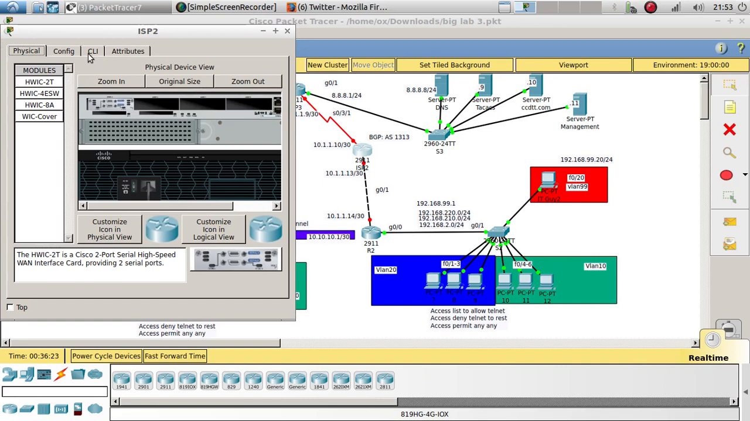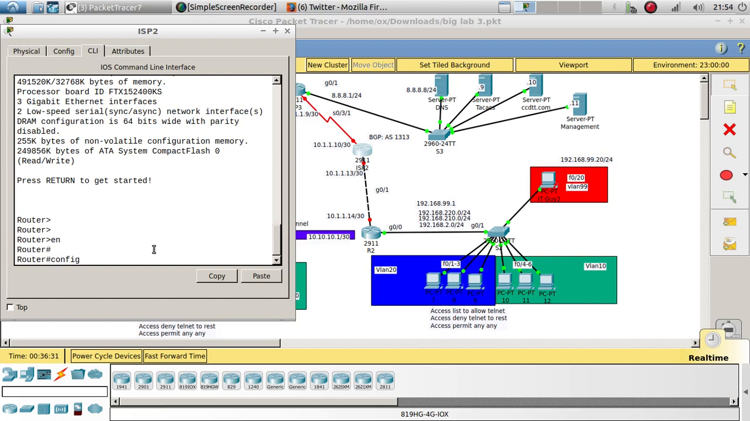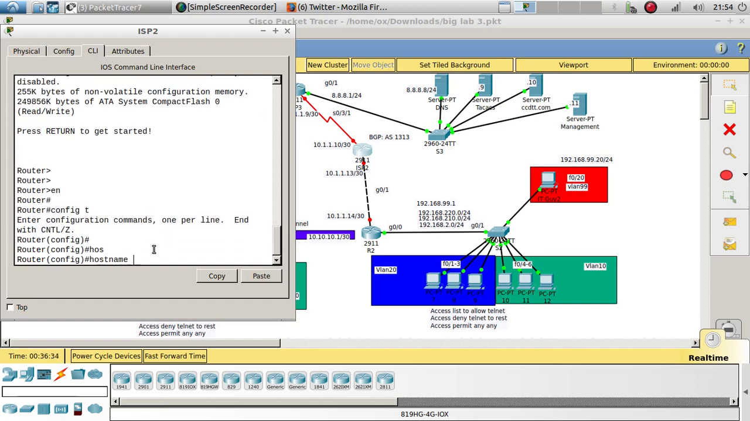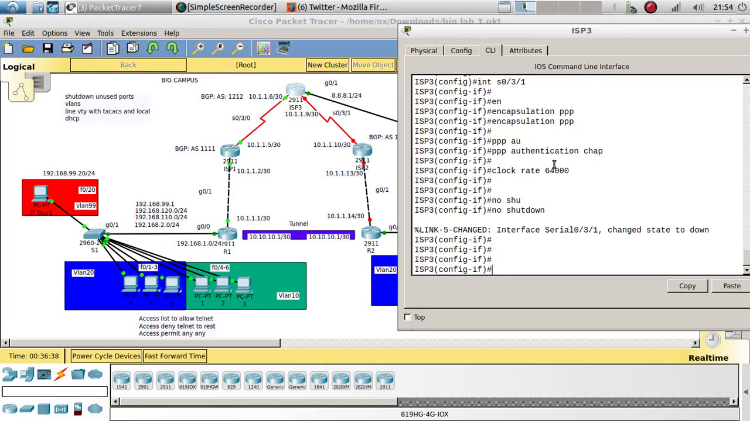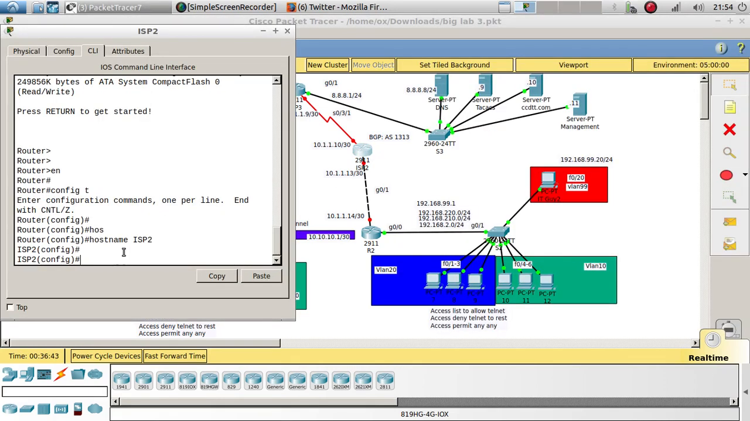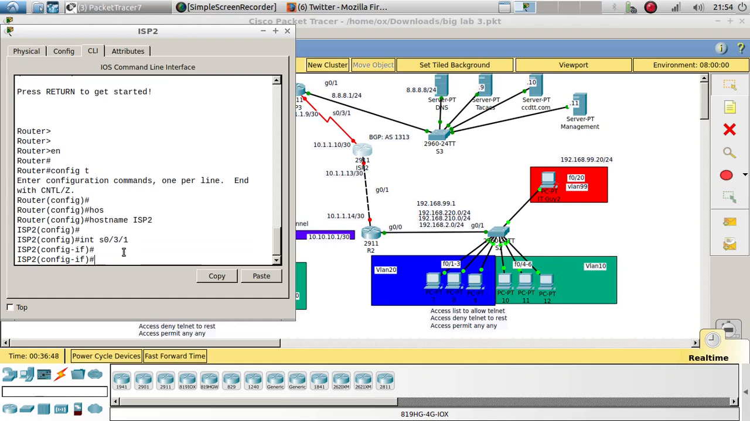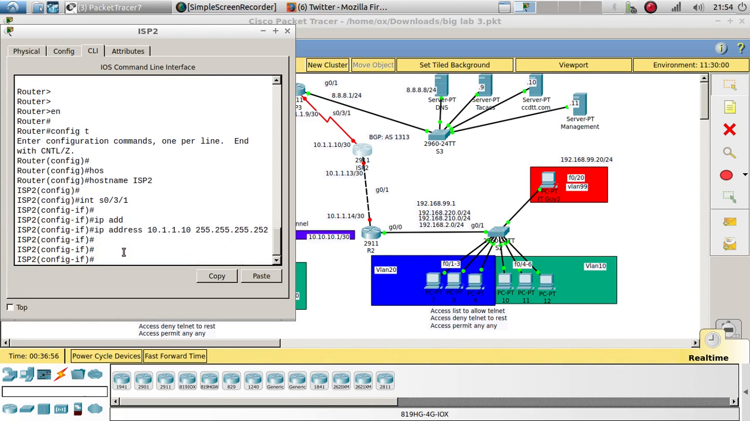Which is ISP2, and from here enable, config t, hostname ISP2. Let's see if I configured this right. The username, yeah, ISP2. Okay, great. Now let's configure interface serial 0/3/1 with an IP address of 10.1.1.10, 255.255.255.252. Let's do a do ping 10.1.1.9,